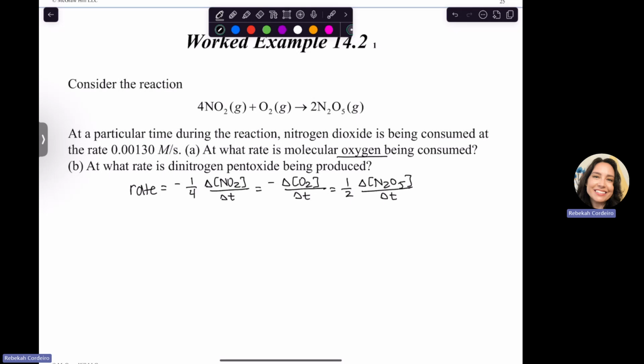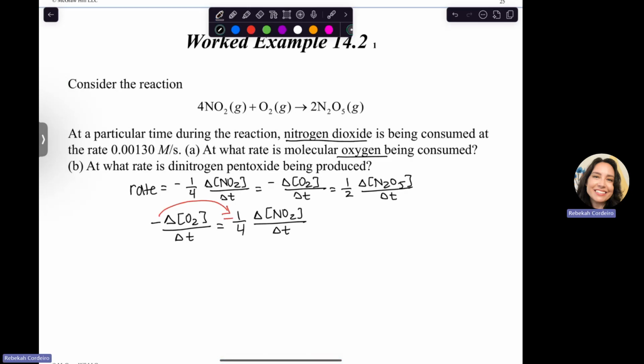I'm given information about nitrogen dioxide, so I don't need to use all 3 of these. I pull oxygen out and relate it to the nitrogen dioxide. I write this so that I can get just the oxygen by itself. Well, if I just move this negative sign over,